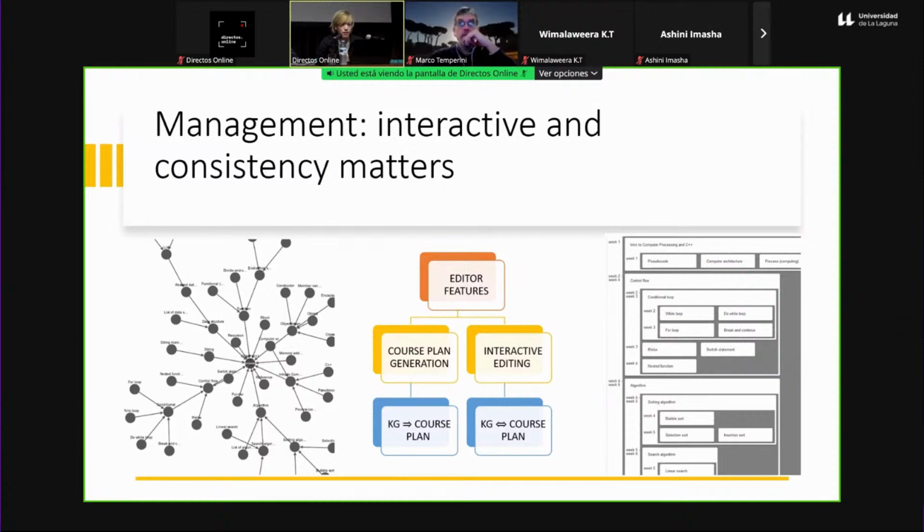In the knowledge graph, for example, there is a conditional loop. It may be a little small for the people here live, but the conditional loop contains four elements: while loop, for loop, do while loop, and this can be found at the bottom left. We want to make sure that the schedule syncs with the knowledge graph. So here is a